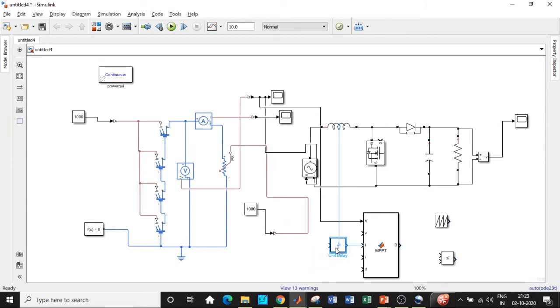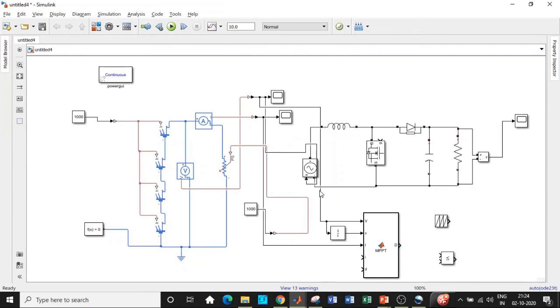I'll be connecting the delay between these 2 points. As I told you, V is the previous value. A delay block is usually used to hold the previous value with respect to the system. It does not take the instantaneous value. So this gives you the instantaneous value, and the delay holds the previous value and gives it to V. So the subtraction of V minus V will give you delta V, that is basically the current instantaneous value minus the previous value. I hope this concept is clear.